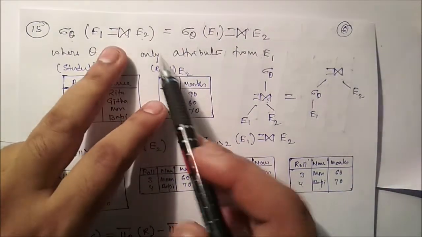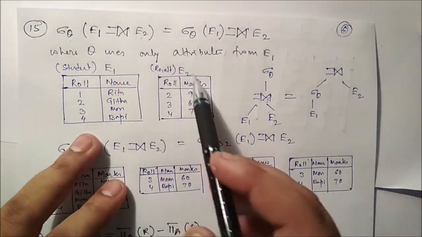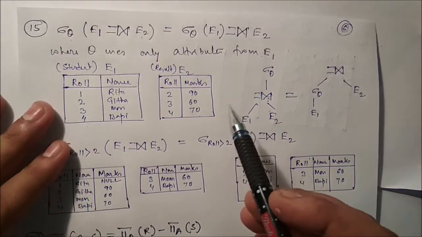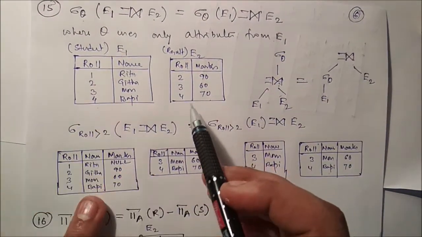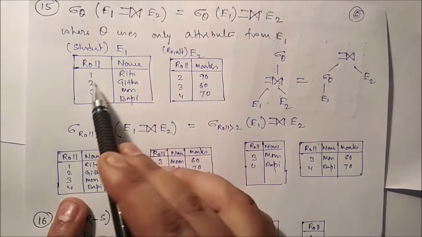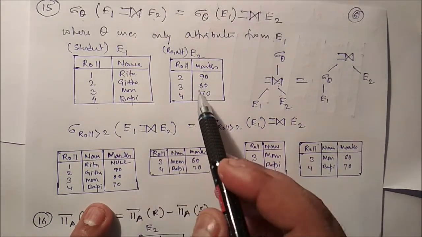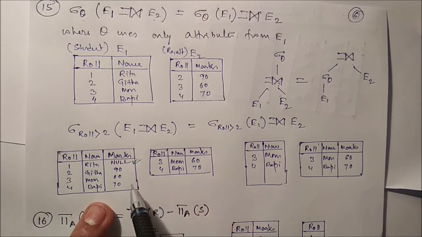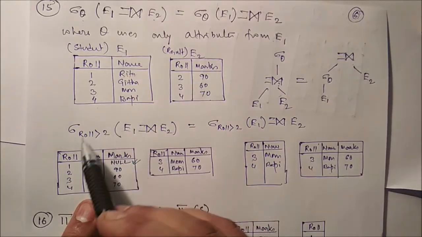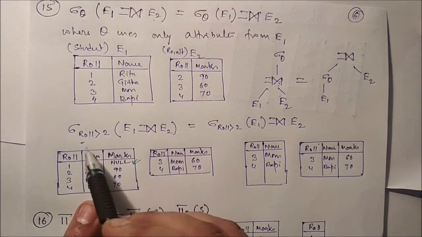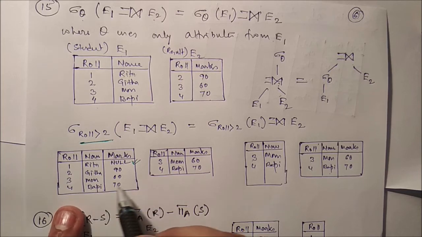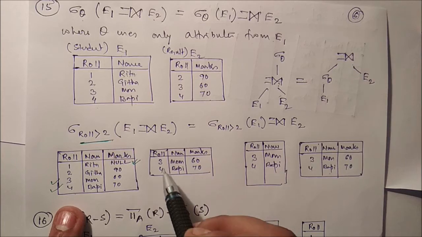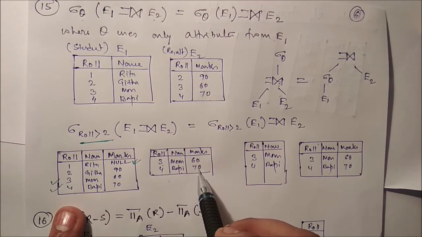First of all if we apply the left outer join, what is the left outer join? Already we know we have to retain all the information from the left table. So if you retain all the information from the left table, we get roll number, name and marks. Here 1 2 3 4, and 2 3 4 is there, roll number 1 is not there, so in this case it should be null. After that we select from this table roll number greater than 2. That means we select only these two records, 3 and 4. So this is our final result, 3 Moon 60 and 4 Bapi 70.